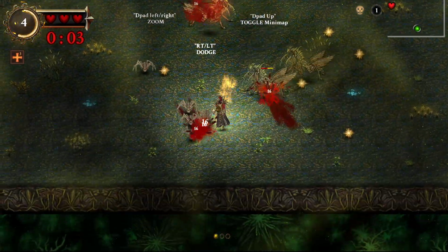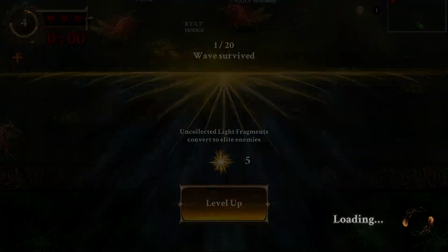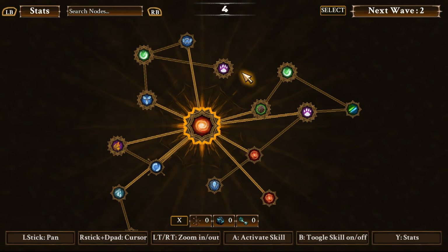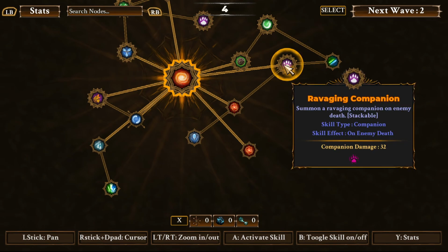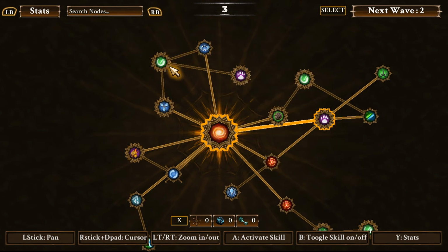I'm shooting, my projectiles do a little bit of damage, but overall it's just my spiders and then the bumblebees that I'm relying on. Ooh, okay, let's see. Ravaging Companion, that one, let me tell you, that one is the best. Summon a Ravaging Companion on enemy death is just incredible. We're gonna do that, and...